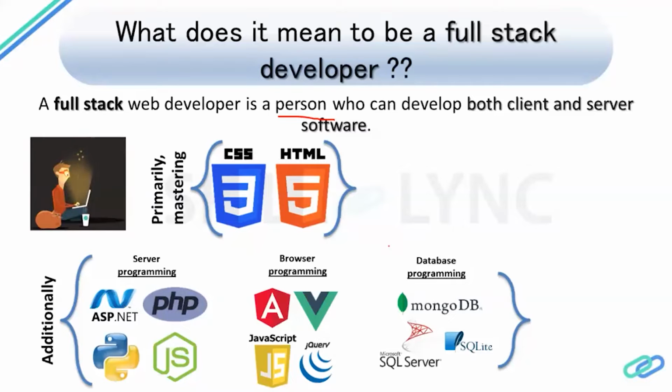Now, towards the browser side, most of the browsers, as I said, they understand JavaScript. So yes, when we're talking about Vue.js, we're talking about jQuery, we are talking about JavaScript. These are versions. If you've done JavaScript, Angular is also something which is evolved out of JavaScript. So if you've learned JavaScript, you will be pretty much